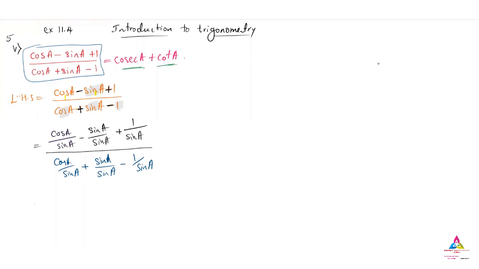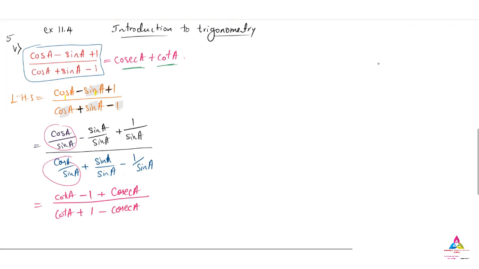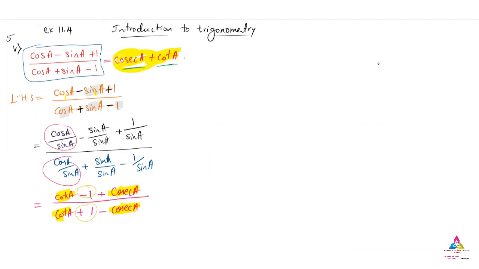So that will be equal to cos by sin, which is cot A, minus sin by sin is 1, so minus 1 remains, and 1 by sin A is cosecant A. Similarly down below, cos by sin is nothing but cot A, sin by sin is plus 1, minus cosecant A. So successfully what we required on the right hand side, we brought to the left hand side. But the problem is that we also have division, a denominator, and the minus 1, and we have to remove everything like that.